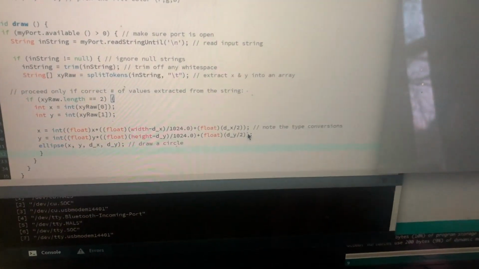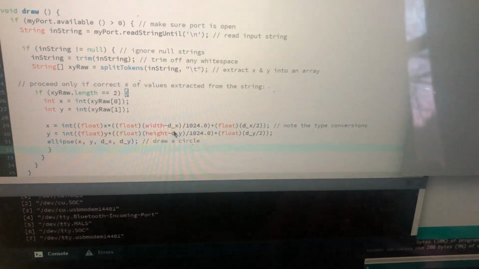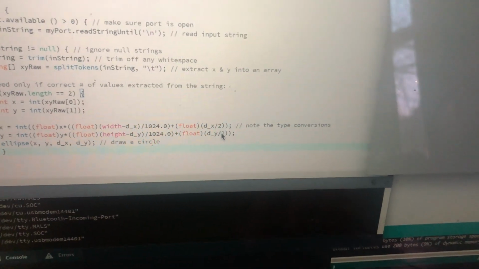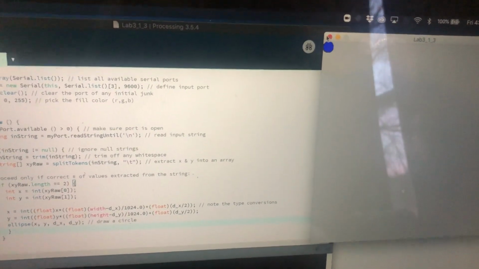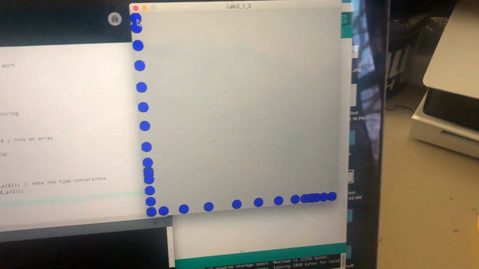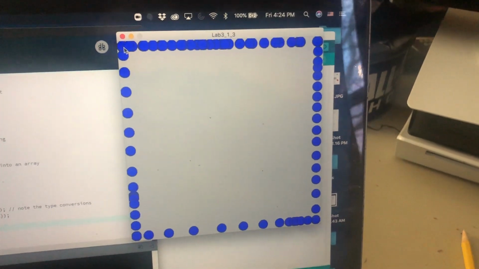In order to create the fence feature, I limited the possible range of X and Y coordinates by subtracting a full diameter from the width and height. I had to shift by 1 radius though because this dilation was taken about the top left corner. If I increment my potentiometers, you'll see they cannot take any values beyond the grid length, and I get a